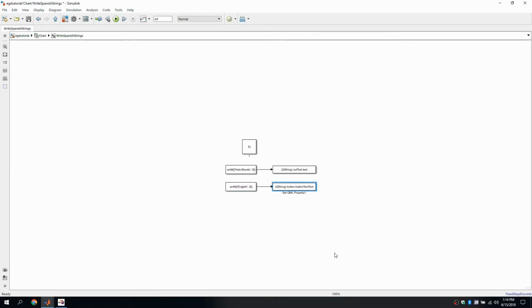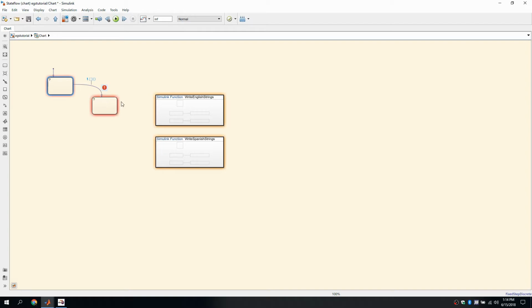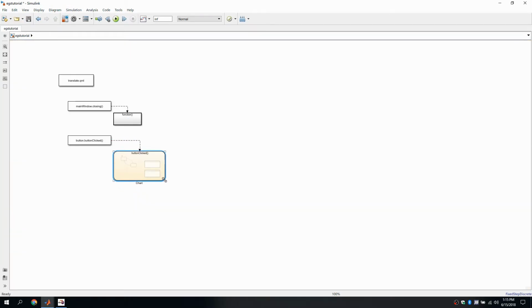Then let's add transitions and the function calls. And that's it. Now we can run the co-simulation and see that we have the same behavior as before.